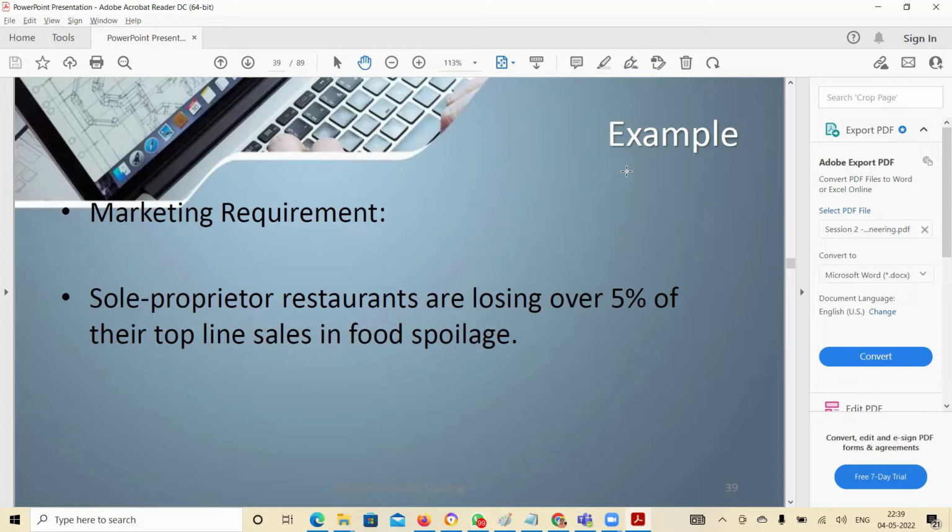Now, how do you derive or get the solution? What kind of IT solution do you think you need in order to reduce the spoilage? Think and then answer. You're losing because of food spoilage, right?